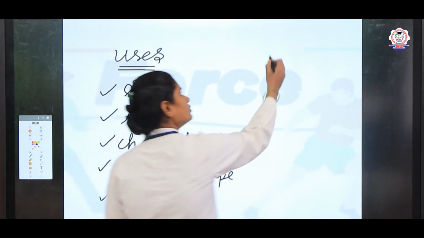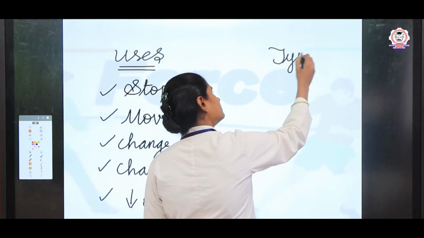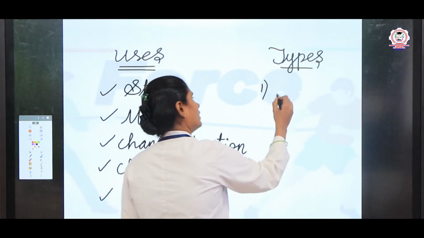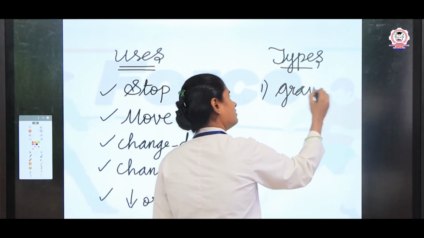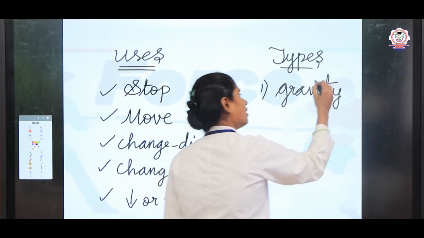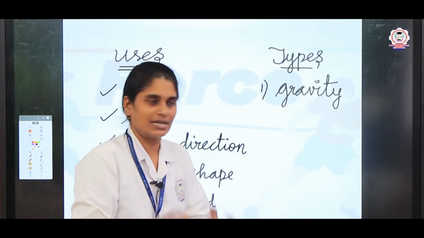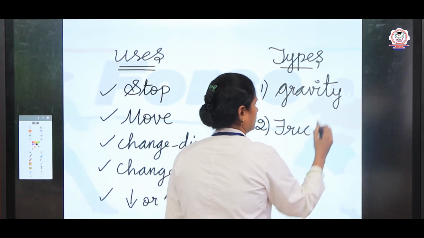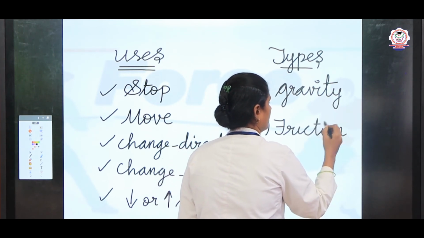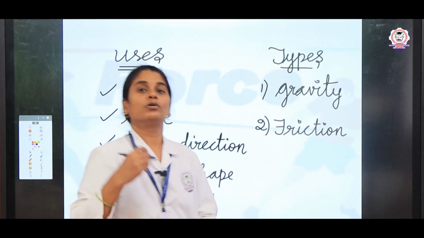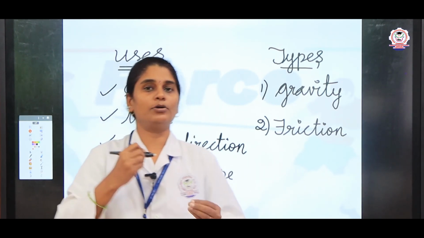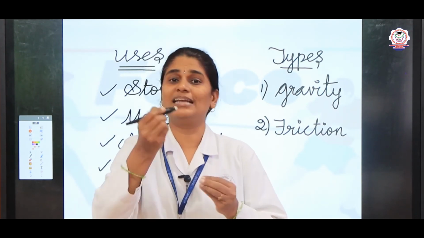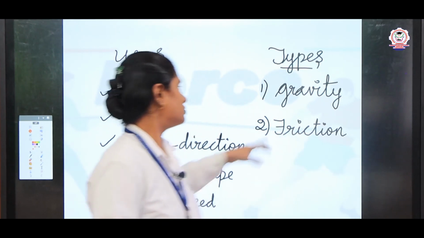And what are the types of force that we discussed? Yes, very good. There are two types of forces. One is gravitational force, which is known as gravity, where the force attracts towards the center of the earth, and the second one is friction. With the help of friction we have good contact, and only then can you write smoothly on paper. If there is friction between pen and paper, only then can you easily write. Okay. So this is known as friction.